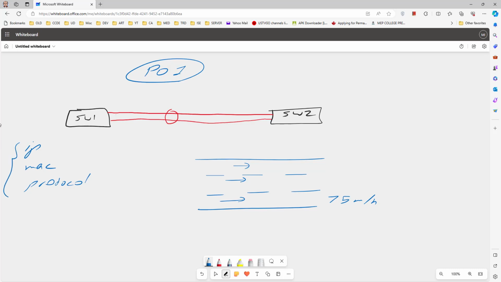So a flow for all the packets has the same IP for source and destination, the same MAC address for source and destination, and the same protocol. If one of these changes, there is a new flow here. Now, based on this information, what we are going to have is a hash. This hash is something like an 8-byte